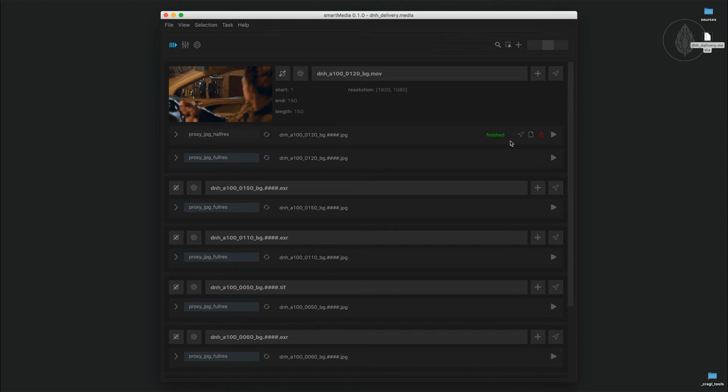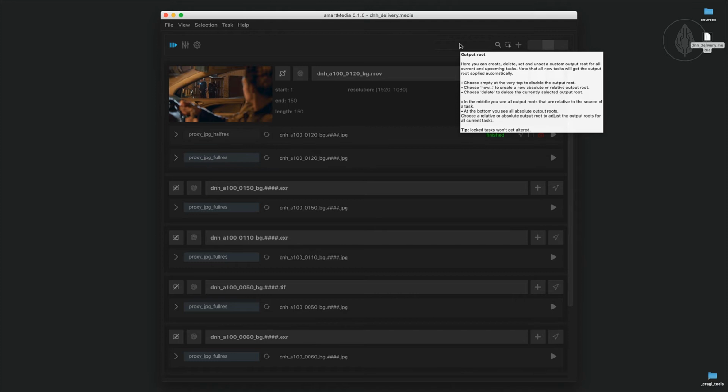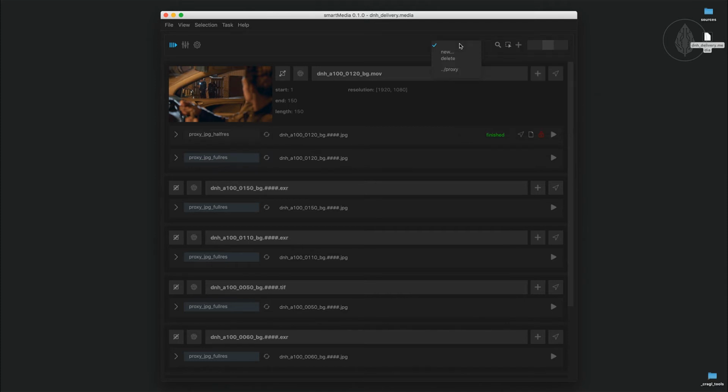Now that we have locked our previously finished task, we are ready to use the output route functionality to bulk set up all render paths at once. Navigate to the rectangle next to the magnifying glass at the top. Click the rectangle. In the drop-down menu, you can choose from creating a new output route, delete the currently selected, and select relative and absolute output routes. By default, smartMedia offers a relative output route labeled